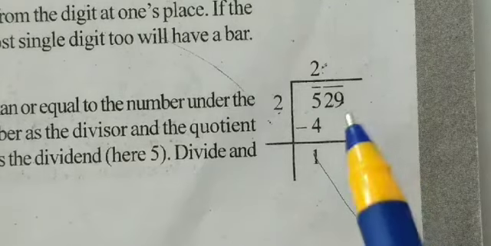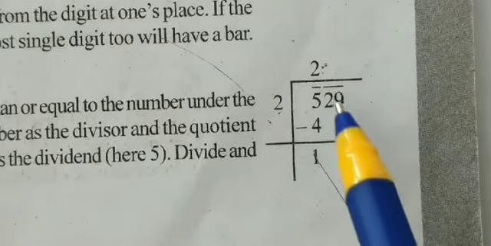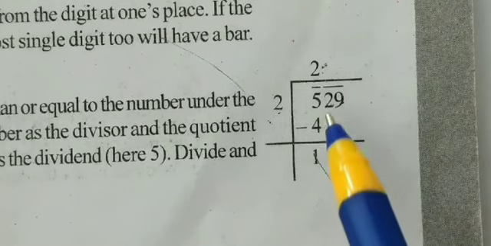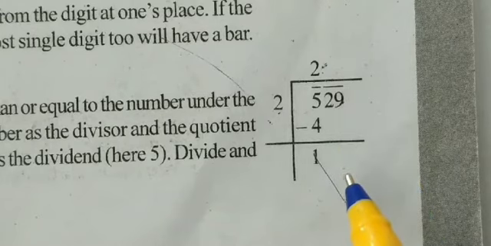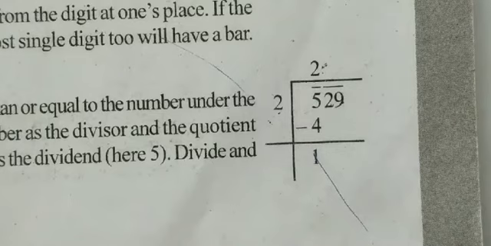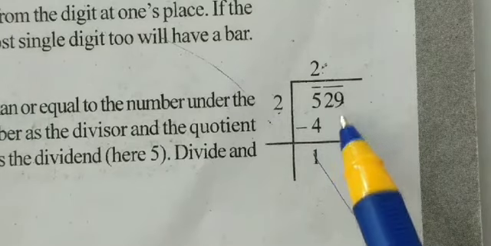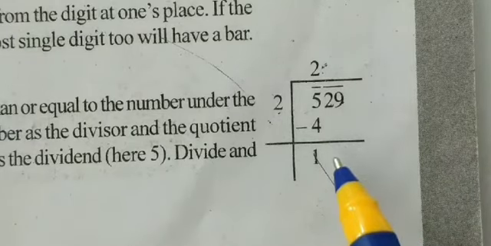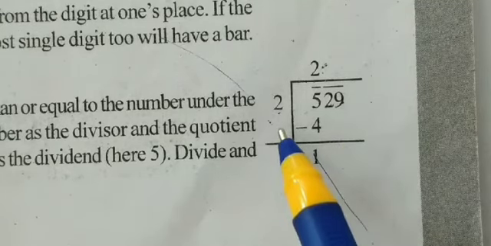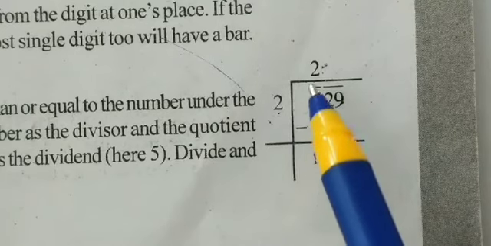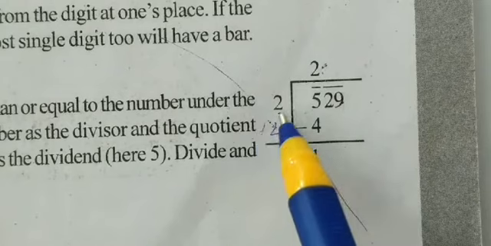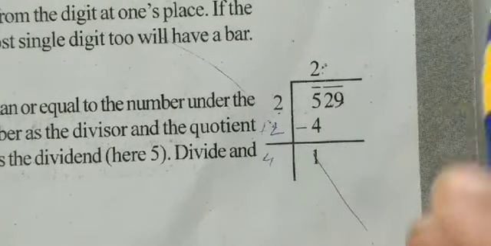Now before taking these 2 digits down, अब जो बार किया हुआ है दोनों नंबर को आपको नीचे लाना होगा. You cannot bring down 2 then bring down 9. No, unlike the simple division, you have to take both the digits down. That is, you have to bring down 29. But before we bring 29 down, we have to carry out one procedure. We have to add this number here. आप ऐड करोगे 2 + 2 आएगा, आपको मिलेगा 4.